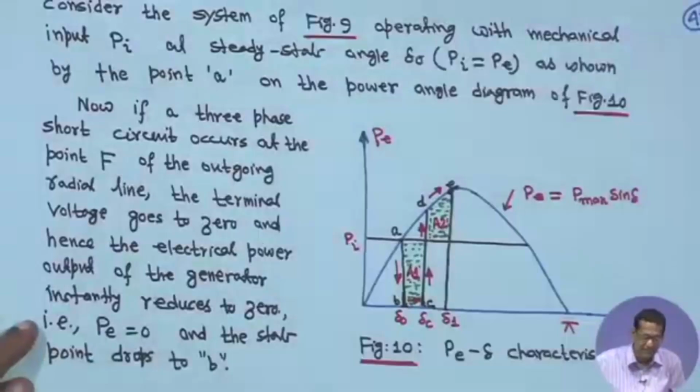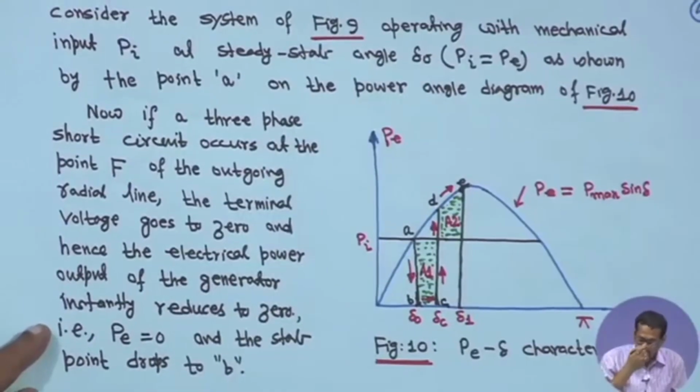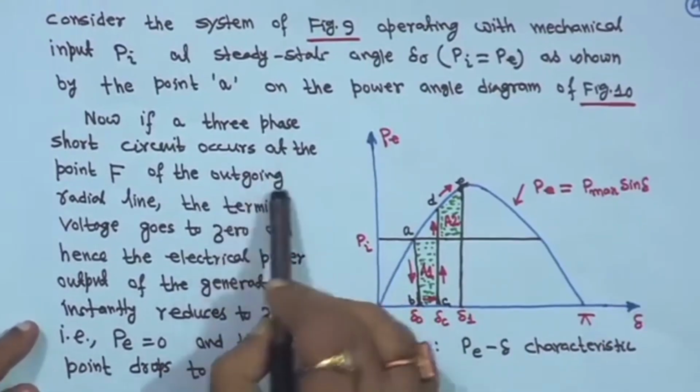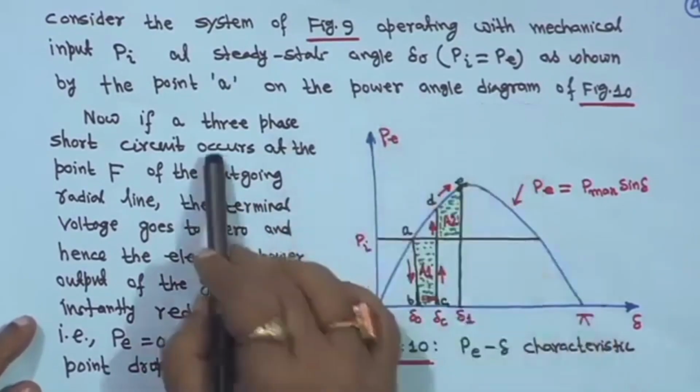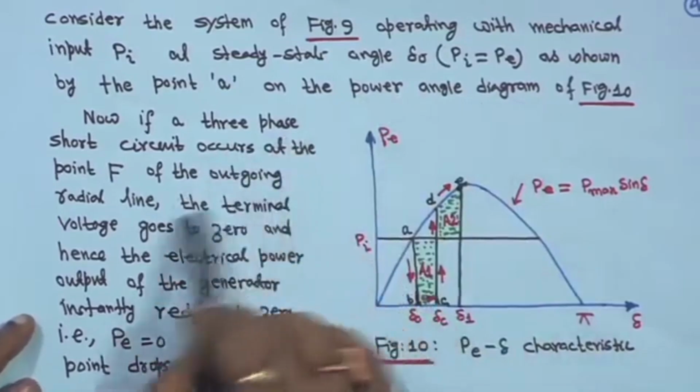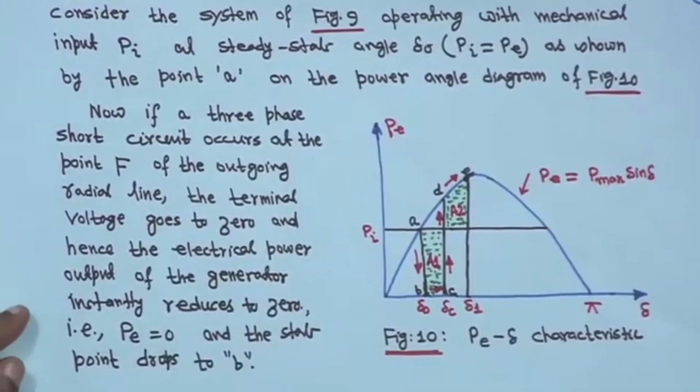So, in that case, that is the outgoing power. Now, if a 3-phase short circuit occurs at the outgoing radial line, I mean this is another line, this is